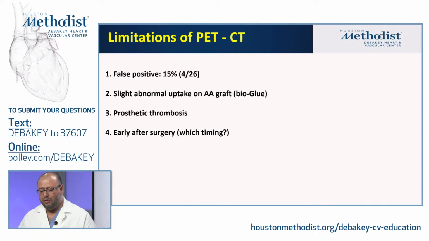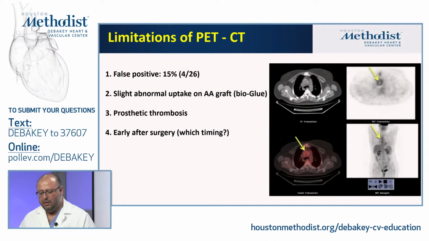Sometimes with pure thrombosis, there is a small element of inflammation with thrombosis, which could give you a similar picture. And then it's very early after surgery, still within the very early phase, although there have been some reports that people were successful also within a month after surgery. And again, you have to use it here for its negative predictive value. So if it looks negative, you're pretty confident that there is nothing, but if it is positive, then it doesn't mean much. And here's one example of the low-grade inflammation after surgery that some of these patients have.